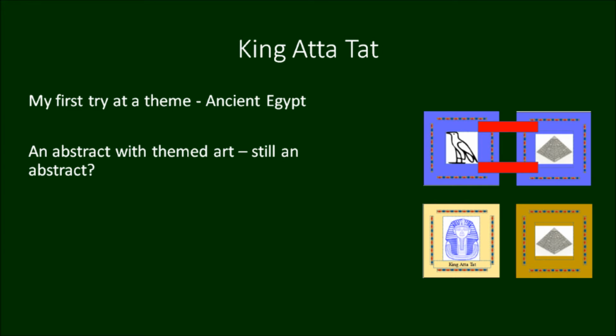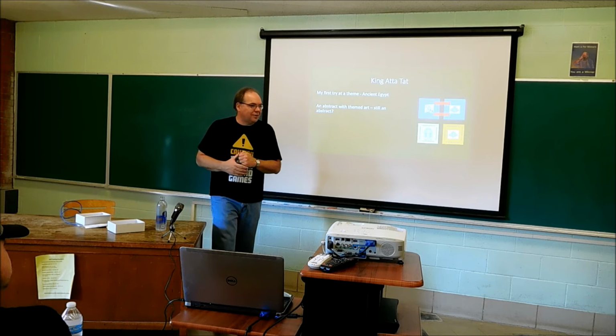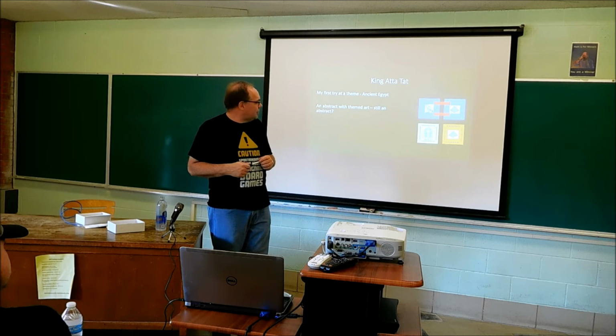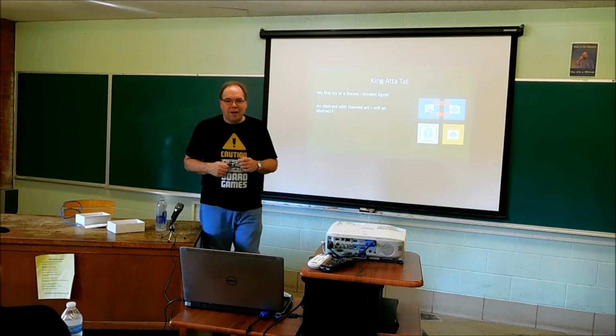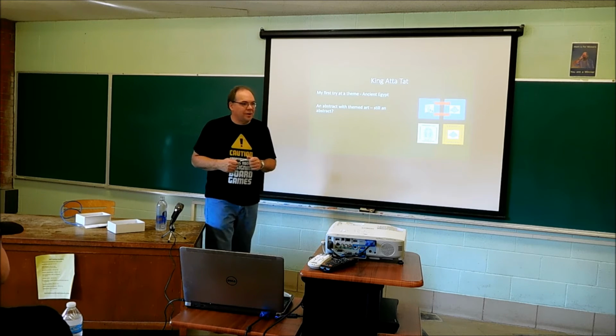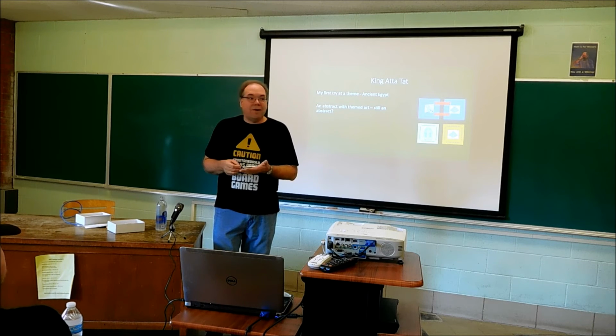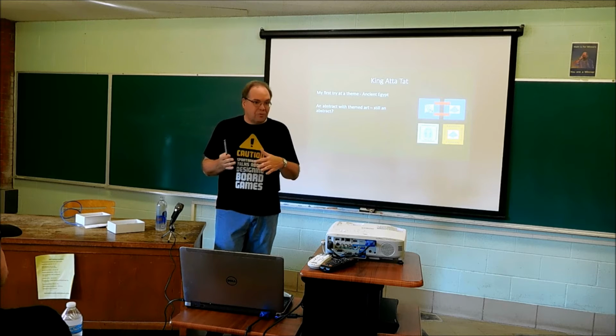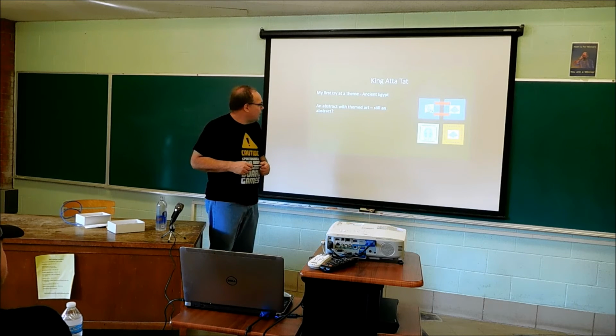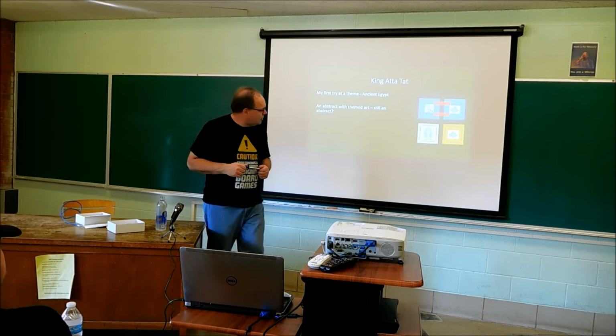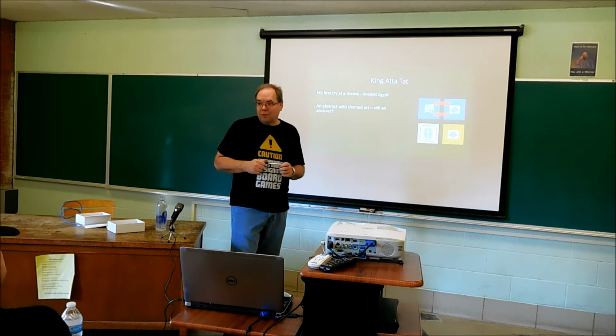So, it took a few tries. My first try, I even kept the name, King Attatat. Make it ancient Egypt. There was no King Attatat, but King Tut is kind of close. Give us some Egyptian theme artwork. I actually went and did the research and found out there are like 5 primary colors in Egyptian art. And so instead of numbers 1 through 25, it was 5 different icons, 5 different colors, 25 different tiles. It looked pretty, prettier than just numbers from 1 through 25.